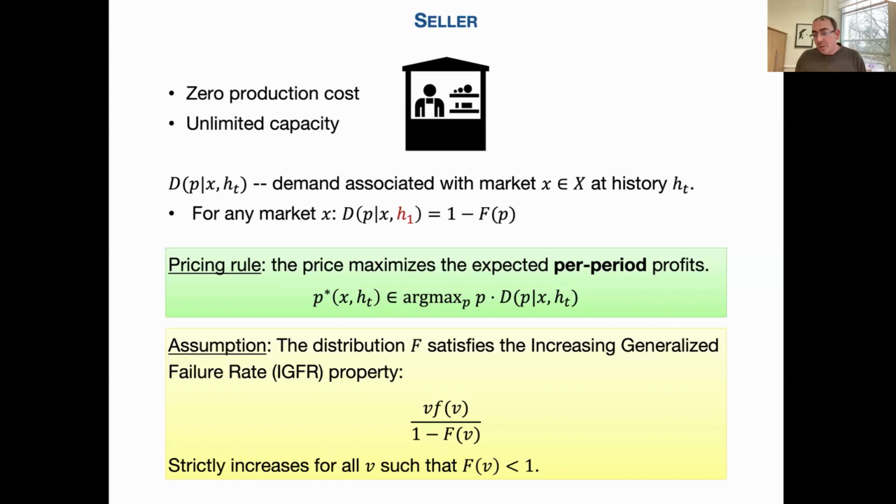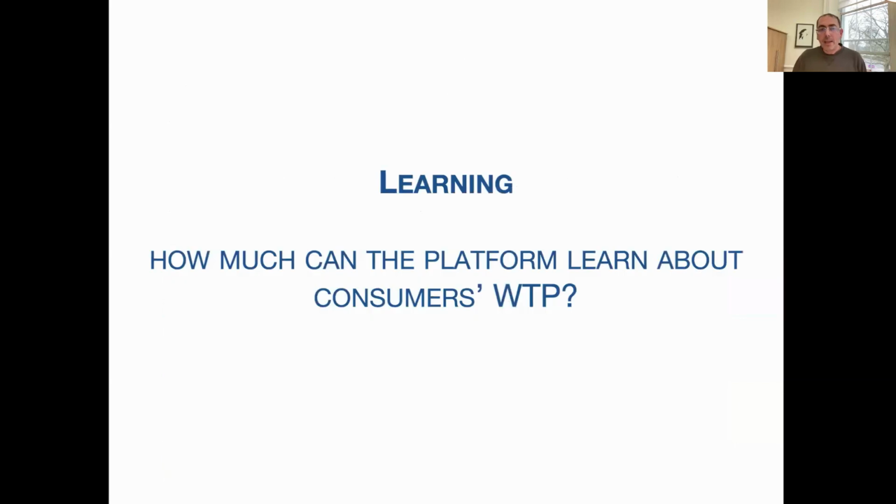We're going to make an assumption, which is kind of standard, that the aggregate demand is well behaved. Okay, this is, if you like, standard regularity conditions in mechanism design. Okay, so it's not very demanding. And that's it. This is the model. So I'm happy to stop and take any question about it. Because what I'm going to do now is just show you a couple of definitions and then the main result of the paper.